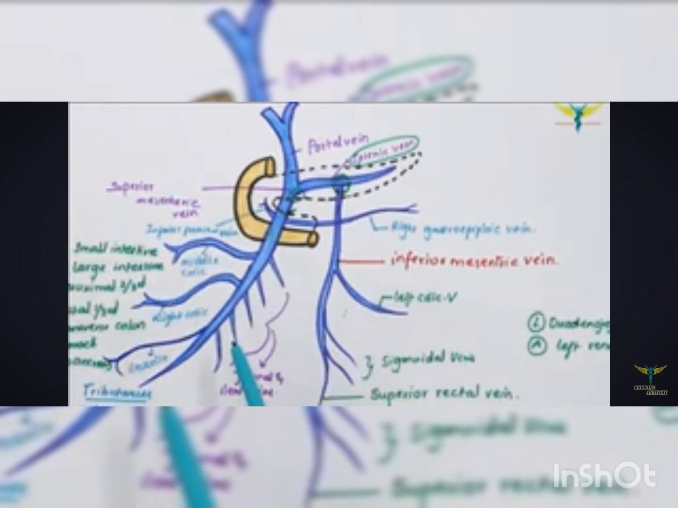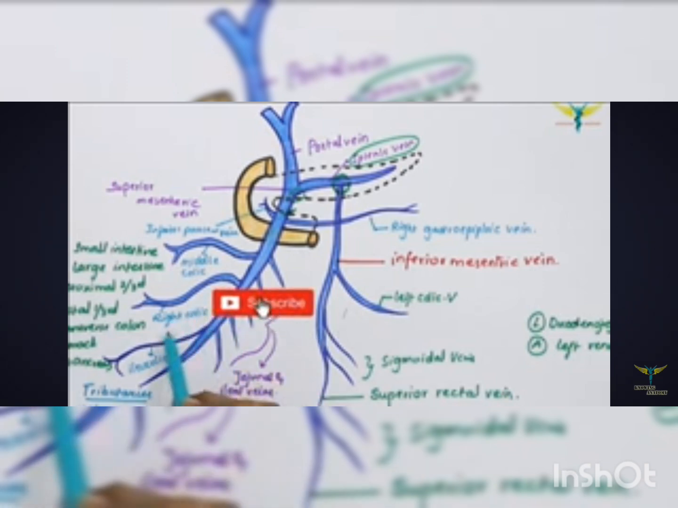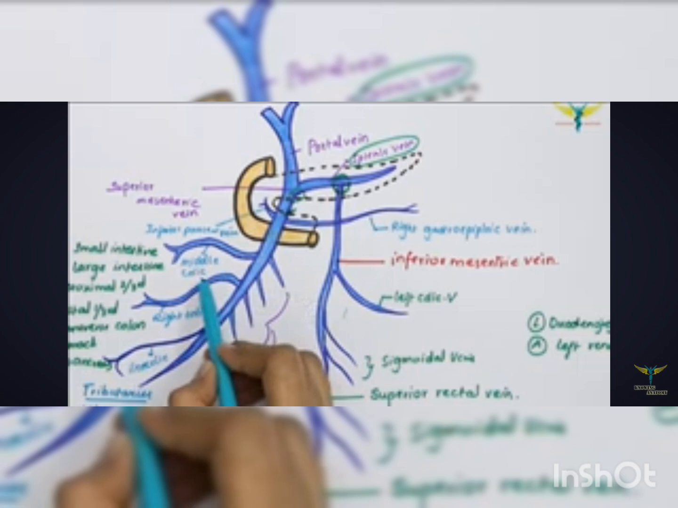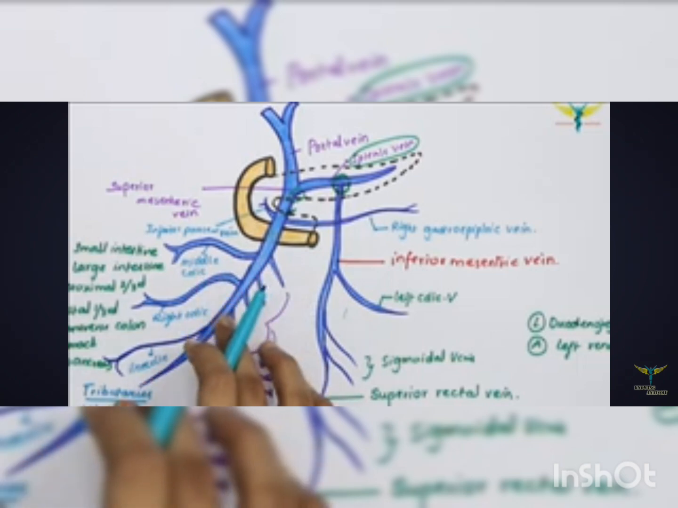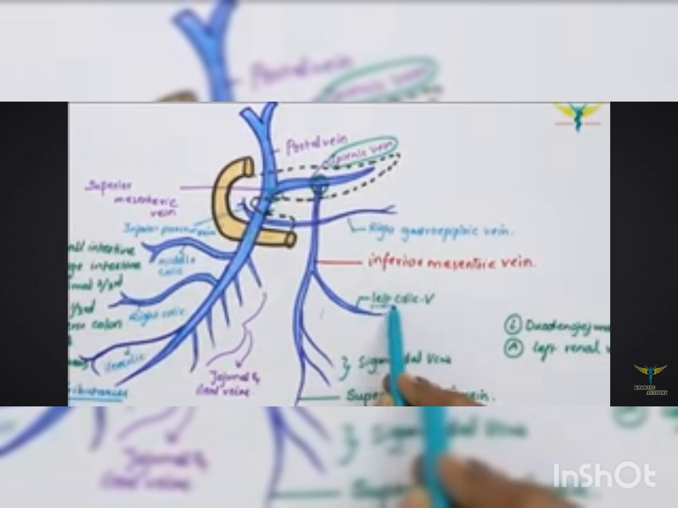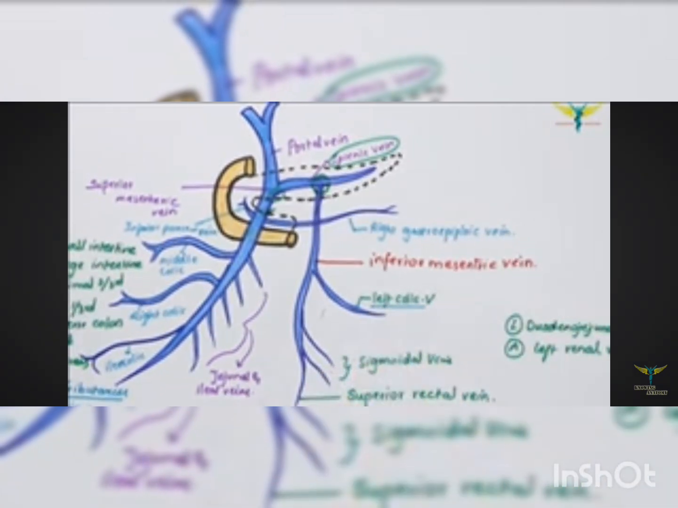And you can remember easily, as the superior mesenteric vein drains the right side, it has the right colic, the ileocolic, the middle colic, and the left colic is a branch of the inferior mesenteric vein. So you can see it here. So guys, this is all about the superior and